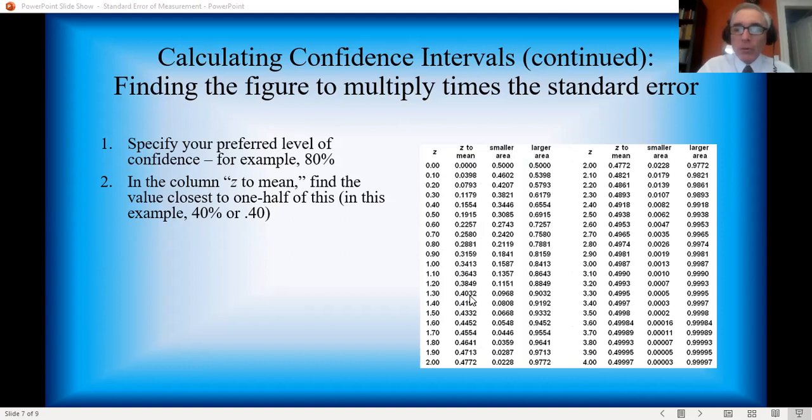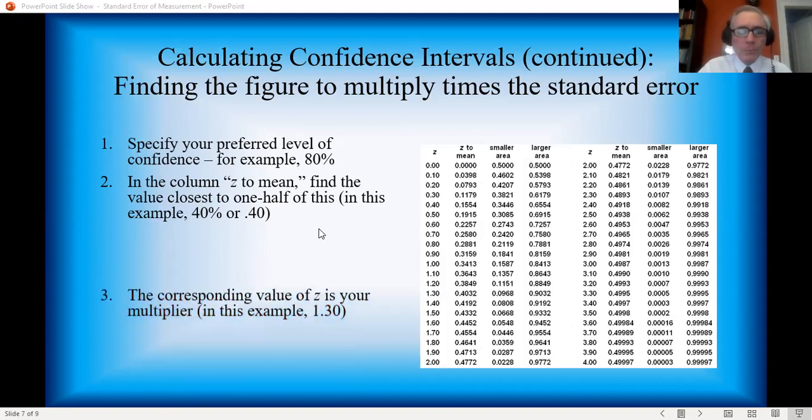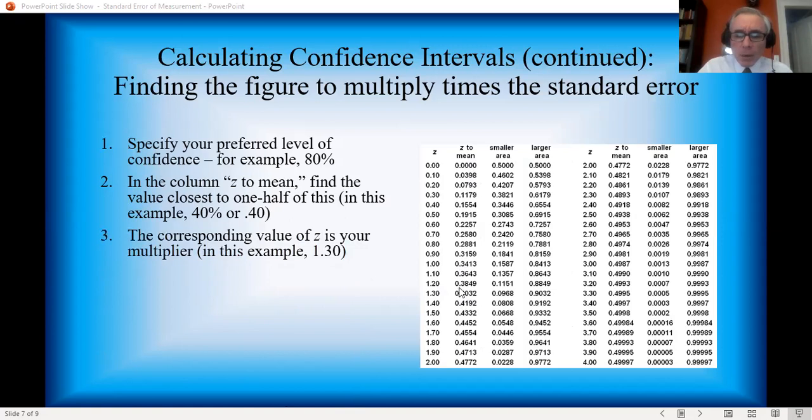Yeah, if you want to be real persnickety, you could get a table that would go even further, more precise than that, but this is good enough for most everyday purposes. So I found 0.40, or as close as I could get to it. Now I just go over to the z-score column and I look for the z,